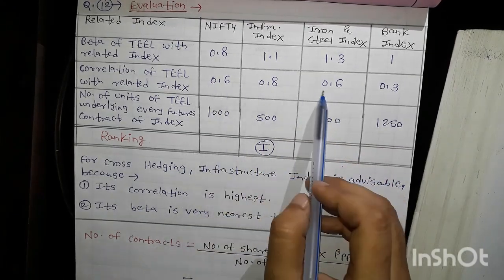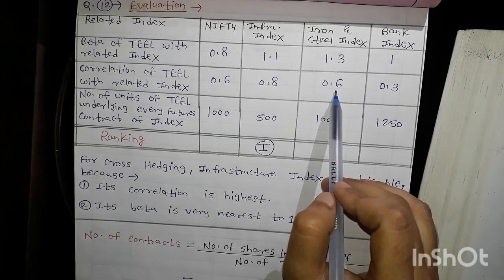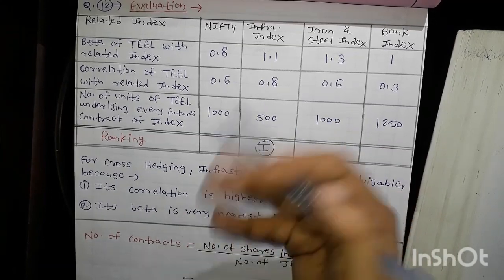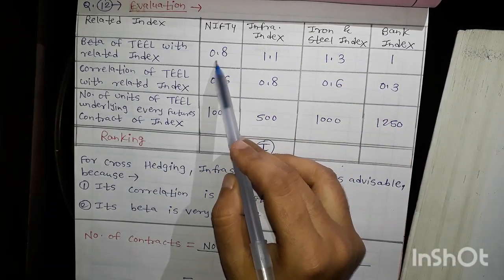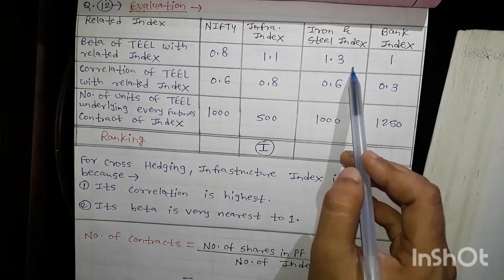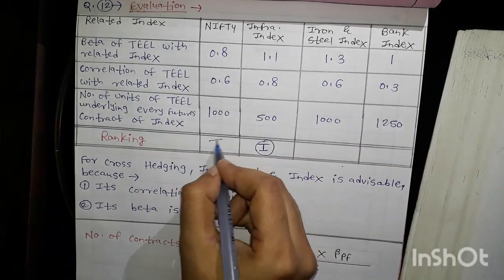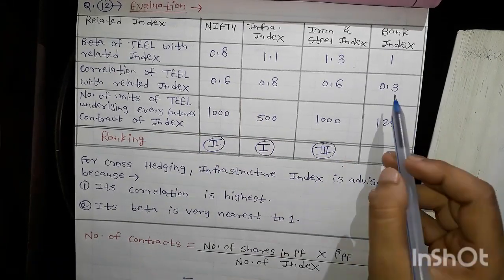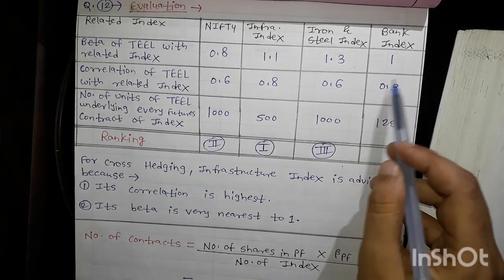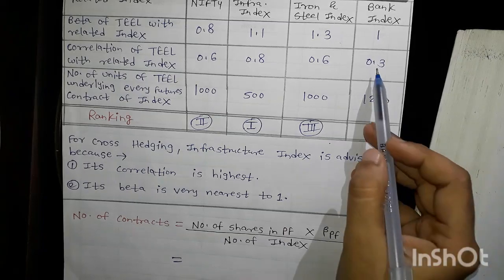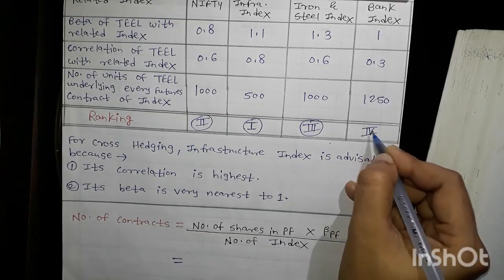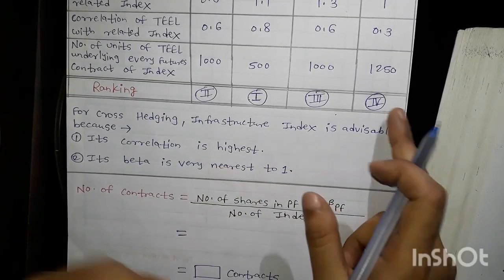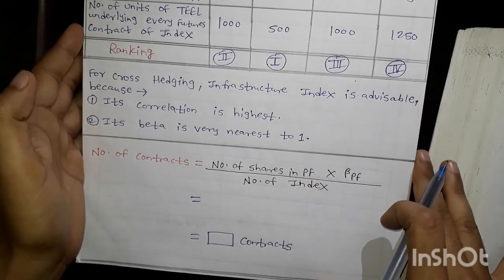After that see, correlation is the same in both of them. Now we cannot give the ranking on the basis of correlation itself, we have to consider the beta also. So here the beta difference is 0.2 and here 0.3, so we want the nearest, so it will be the second rank on the basis of beta, and it will be the third rank. And here beta is perfect, no doubt, but because correlation, which is the main factor, is very low, that's why we have to give the fourth rank. I hope you understood the ranking. Here is the reason, so you can analyze and do the ranking by yourself also.